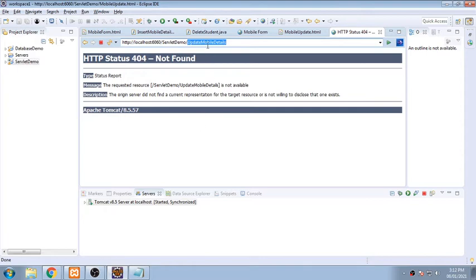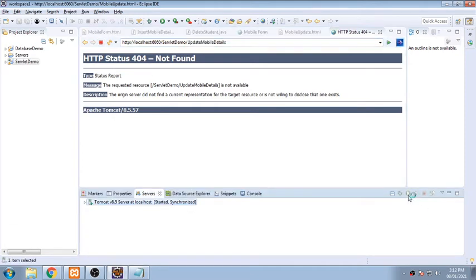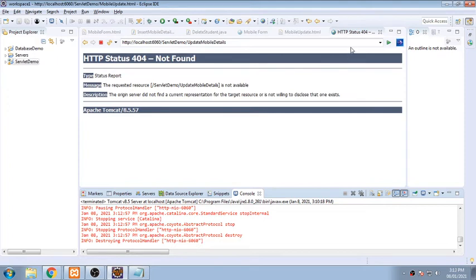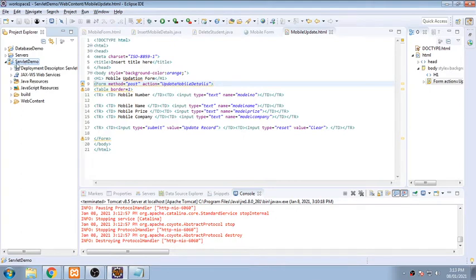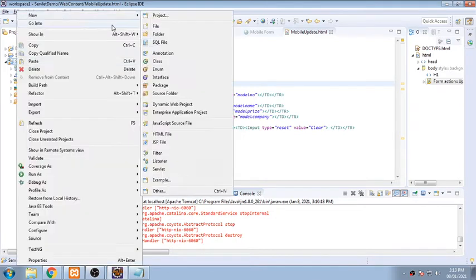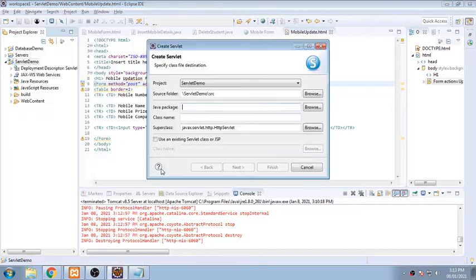So I am copying the name of this servlet file, and I'm stopping the execution of the server, and I'm directly writing a code so that it will be updating everything as we are specifying over here. So for the servlet program, I'm saying right click, new, servlet. So here it is at the bottom, and I'm putting a name which will be used. So I have pasted it in the class name. Nothing is put in the Java package over here.